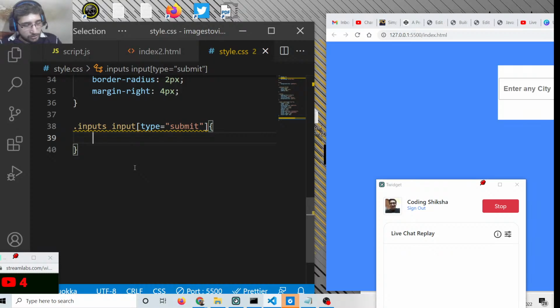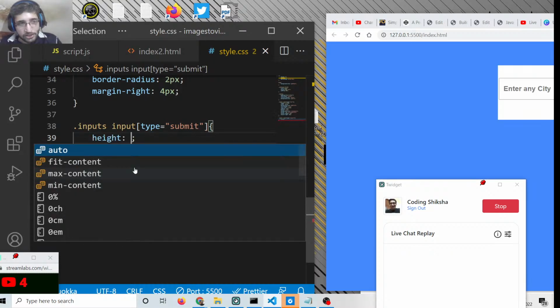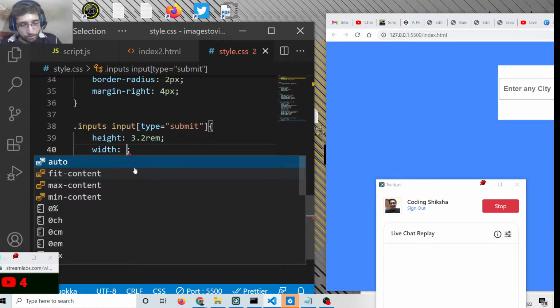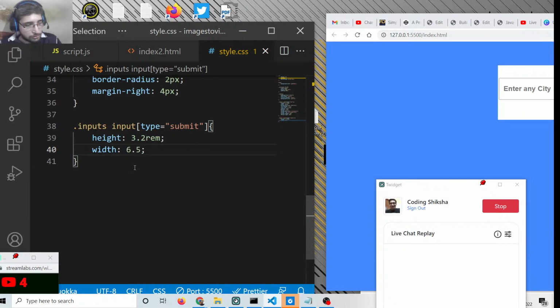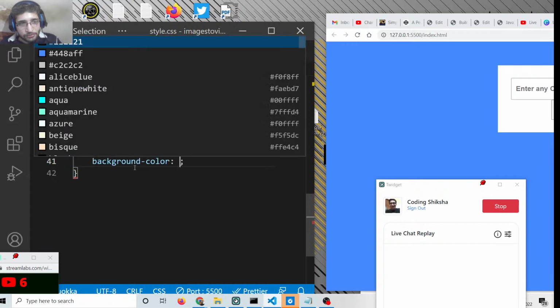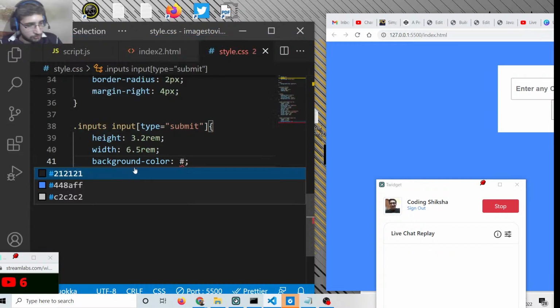Inside this, again we need to change the height to 3.2 rem. We will change the width property to 6.5 rem, and then we will change the background color to this color, which is simply